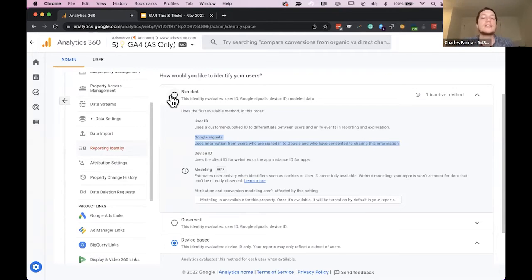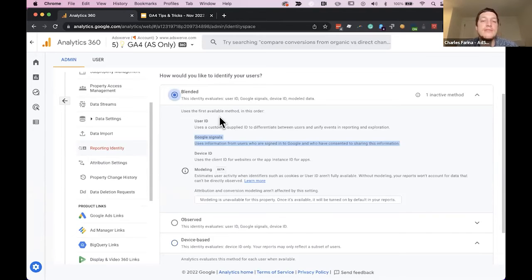So what Google's trying to do, for businesses that don't have a lot of their own signed-in users, is provide a new way of using Google's identity graph to better connect users across their various devices and browsers.